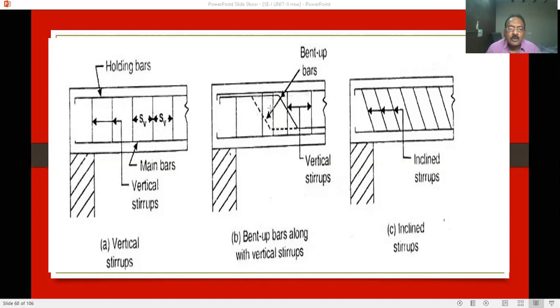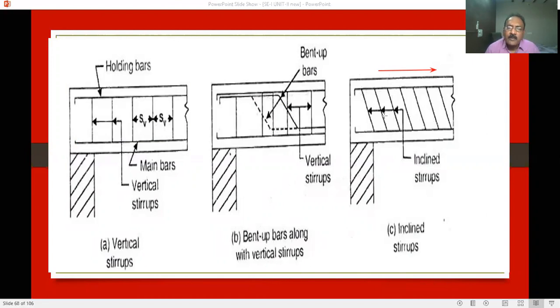By these conditions, the shear stress and shear force are taken by the shear reinforcement. Generally this is not used now, but in heavy constructions, skilled persons will do this type of work. These inclined stirrups are almost not used practically, but you can use them to improve shear strength. Here you can also have a mini project or major project.